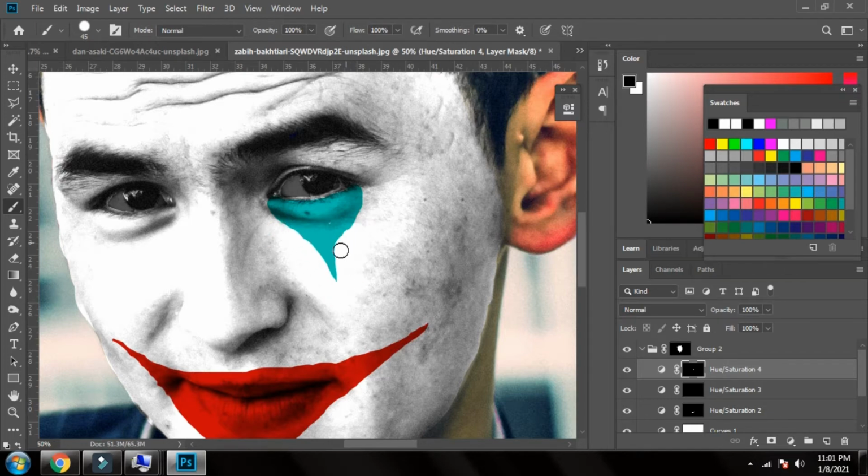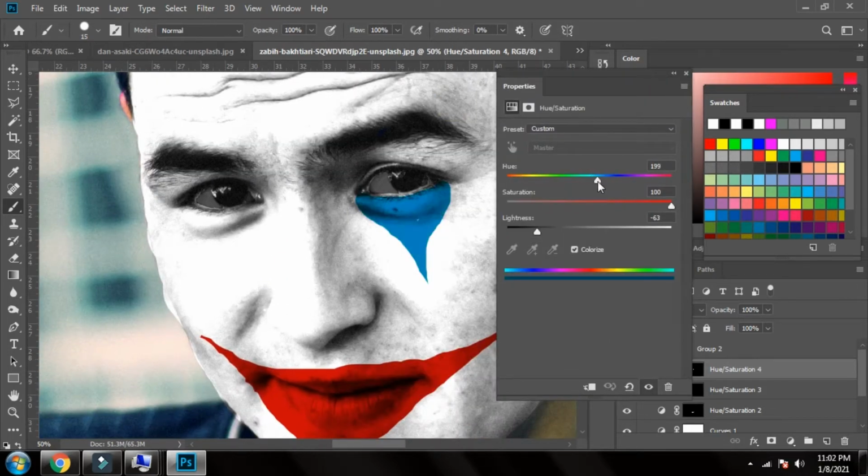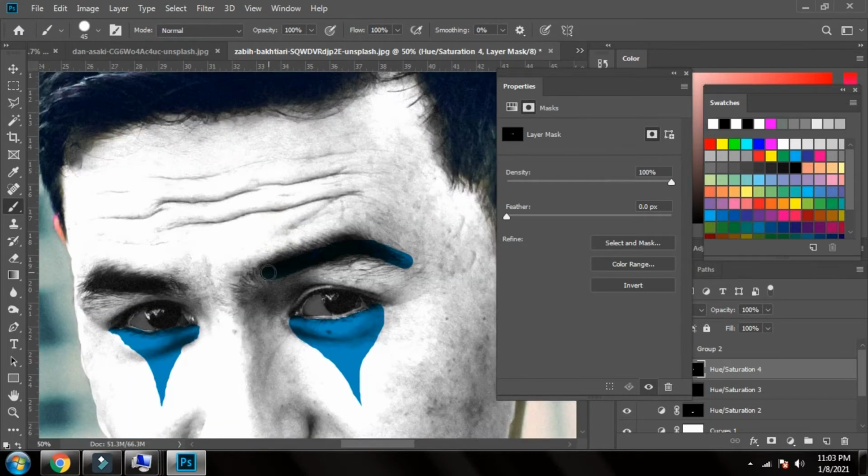If you have seen the movie you will know. And then I adjusted the color to dark blue. It was looking faded, so I changed the color, and I added the same color to the left eye, painted according to the needs.